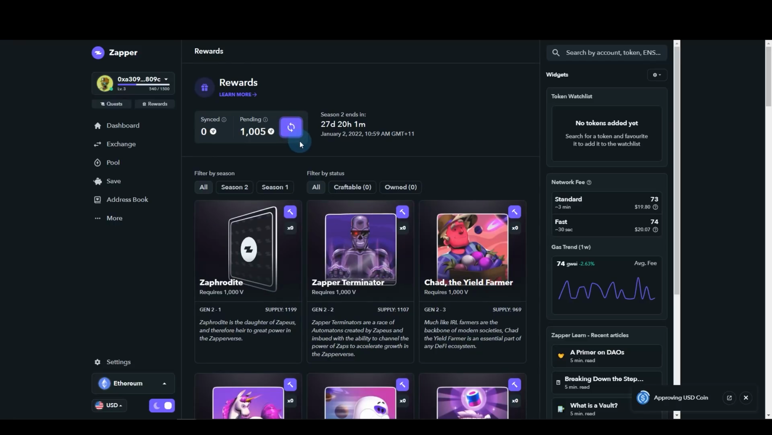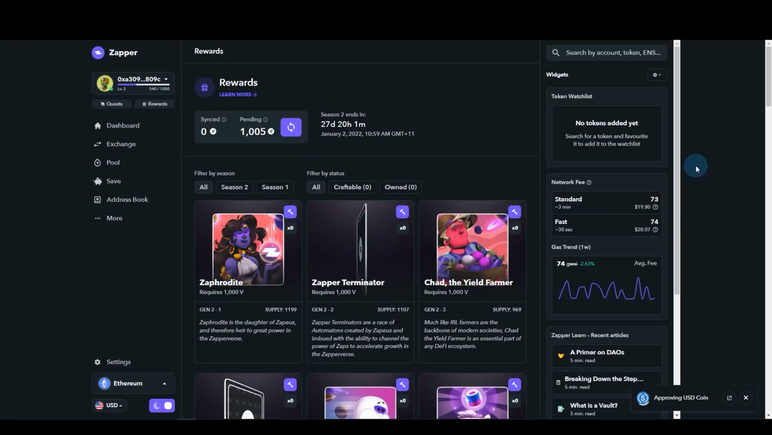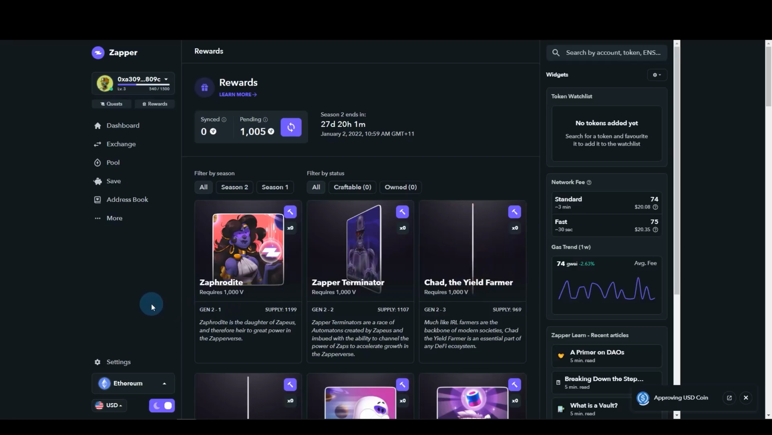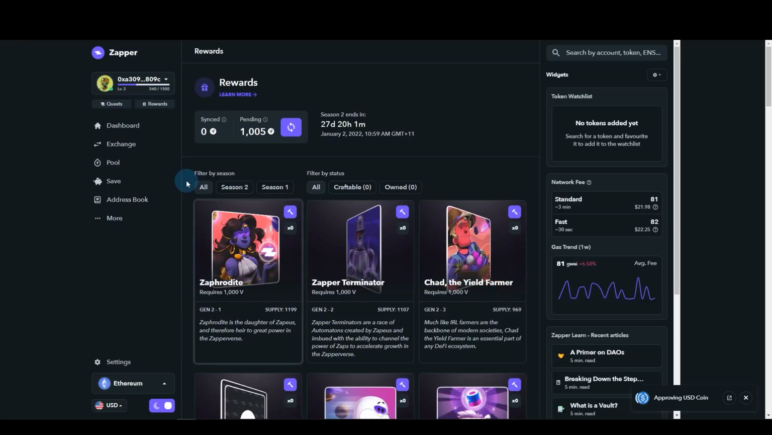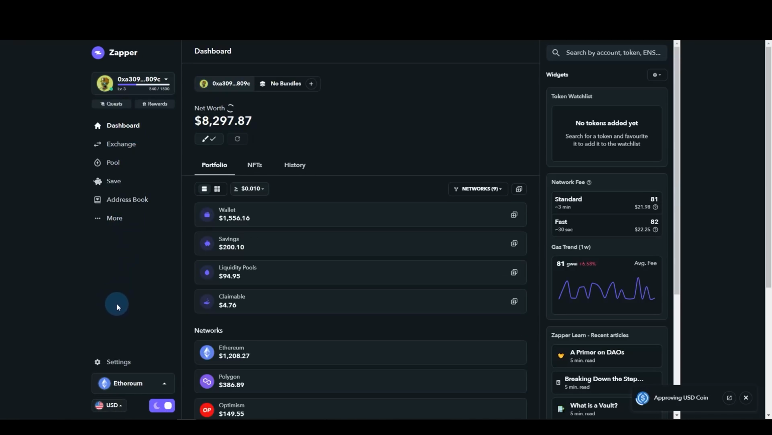Once you have that, click on the button and sync your points to sign it. It'll cost you a little bit of gas just to sync your points as well. And once you've synced, you will be able to mint one of these. Possibly doing all this will make you eligible for the airdrop if that happens in the future. Even if it does not happen, this is a really cool tool that you should use,